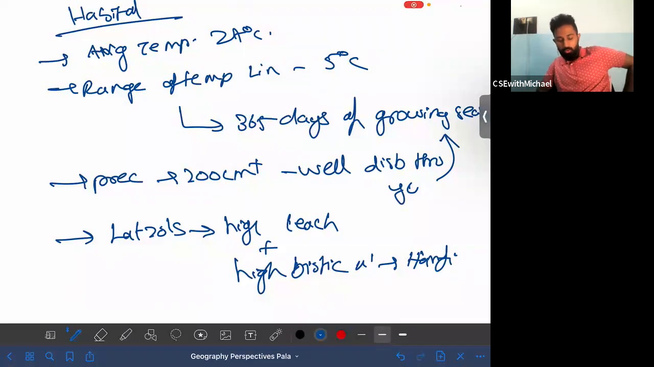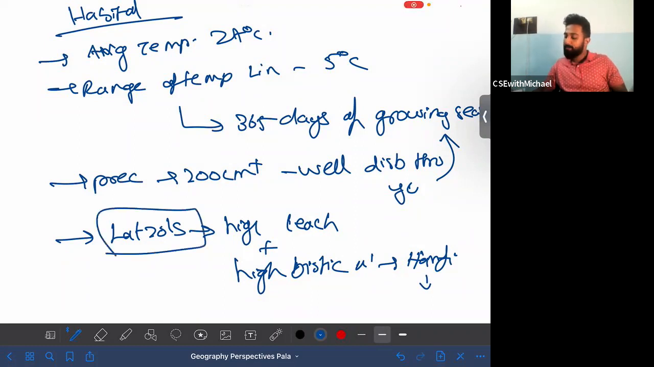So that would lead to high production of humus. But on the other side, it is also highly consumed by the plant. So humus content in the net side would be found to be very low. So the soils are fertile